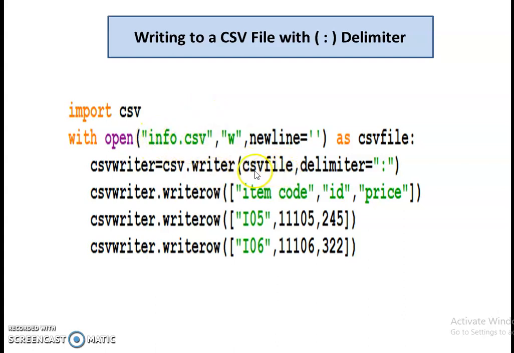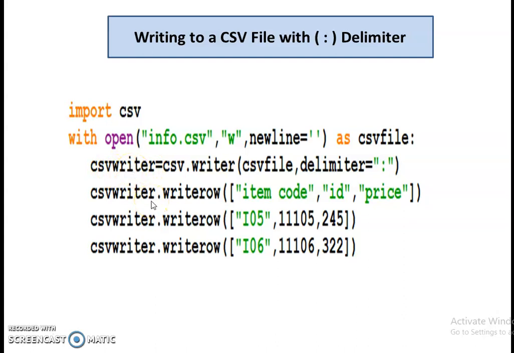Then we are converting this file object to a CSV writer object. And this time we are providing two parameters to it. The first parameter specifies the file object. The next parameter we are specifying is the delimiter. So here we are using colon as a delimiter. This will return a CSV writer object, and here the object name is csv_writer.